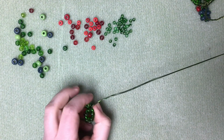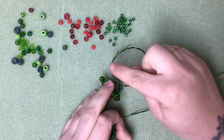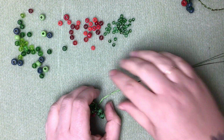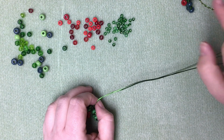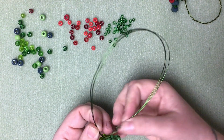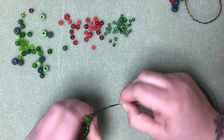And now what we're going to do is twist the length of the wire to make the actual napkin ring. This is where it helps to have the napkin that you're going to use to hand, so that you can roll it up and judge roughly how long you want it to be. You don't want to over twist this wire. You don't want to twist the whole length of the wire, because that's going to be a little on the large side. So what we're going to do is pinch and twist